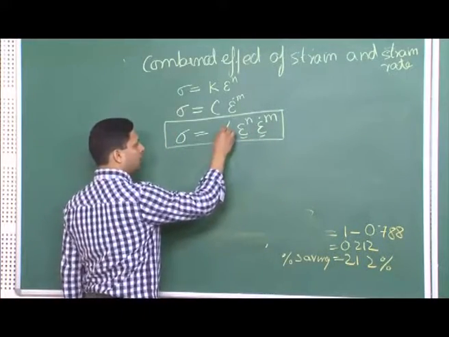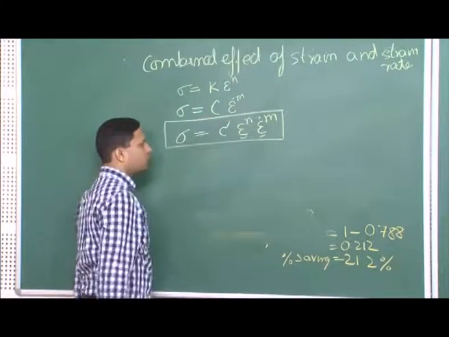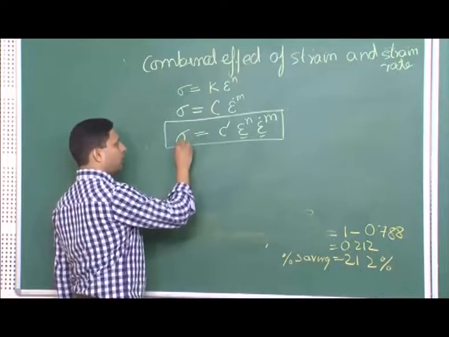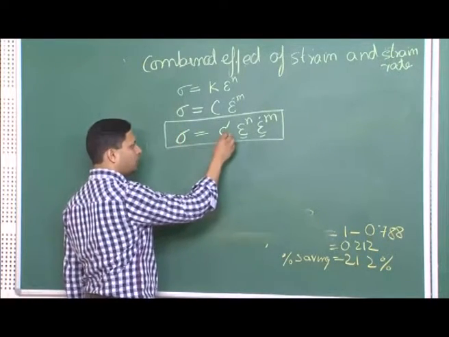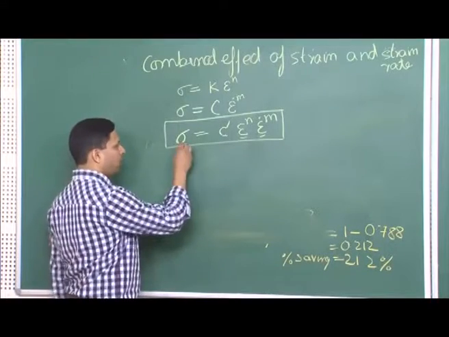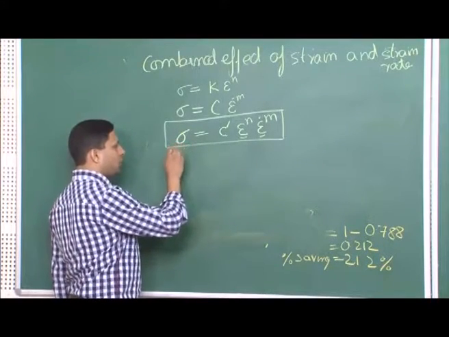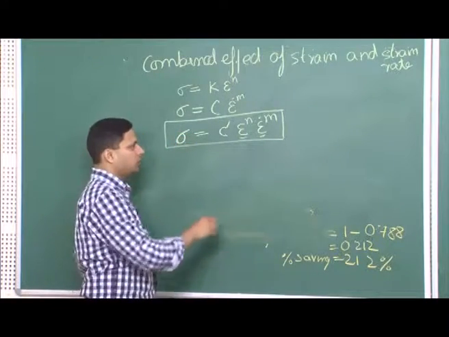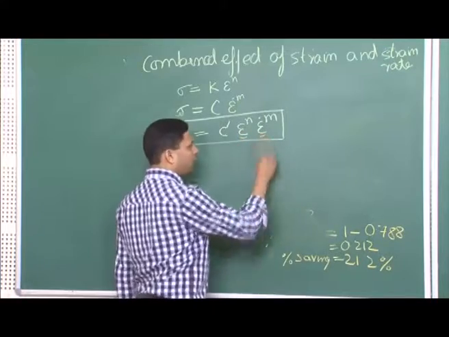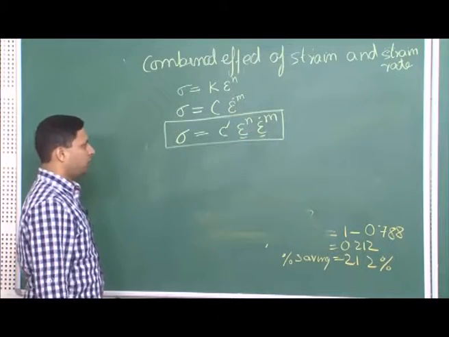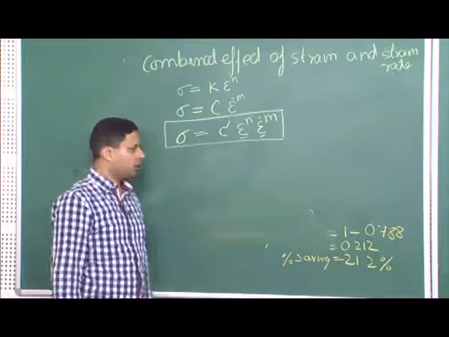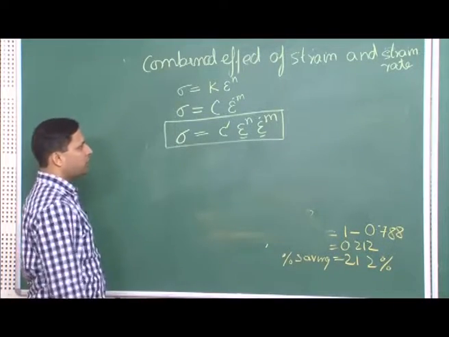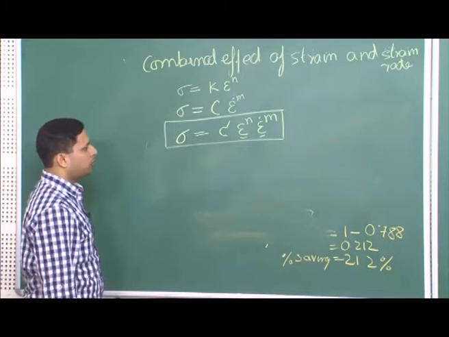And again C' is another constant, it is not one of these constants, you will have to determine it separately, but this equation overall, once you have been able to determine the value of C prime, you will be able to estimate or predict what will be the stress value, yield strength value for a given strain at a given strain rate. So, this is a very useful equation that can be utilized. So, I will leave this effect of strain and strain rate up to this point.